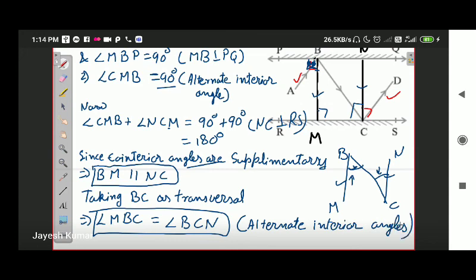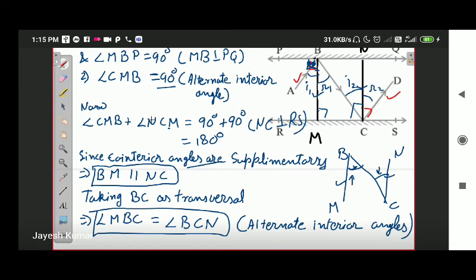Alternate interior angles are equal. Okay. Now see in the diagram, we have proved that the angle of reflection for the first point P and the angle of incidence for the second point C are both equal. We already discussed that the angle of reflection for any point is equal to the angle of incidence for that point. So I can say I1 and R1 are equal, and I2 and R2 are also equal.